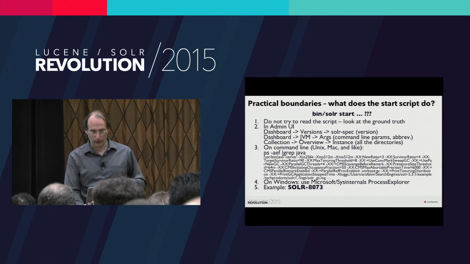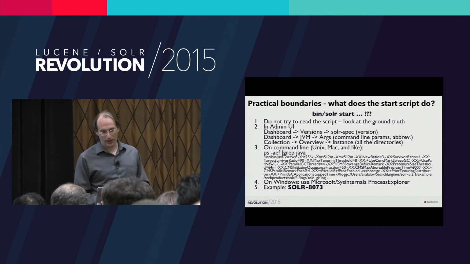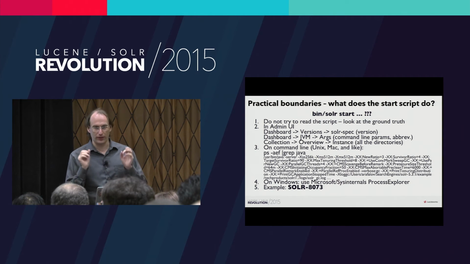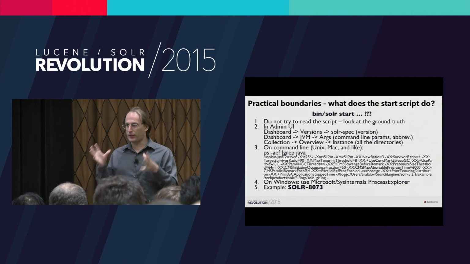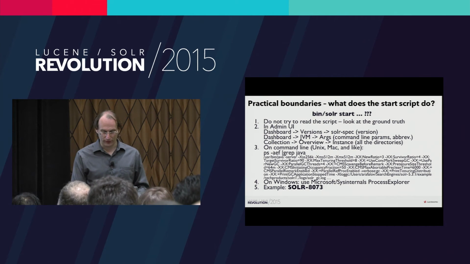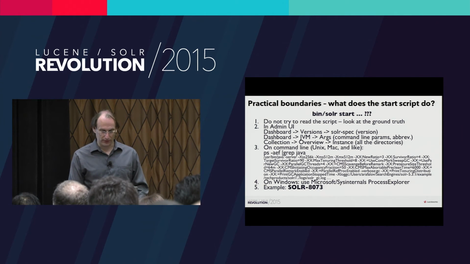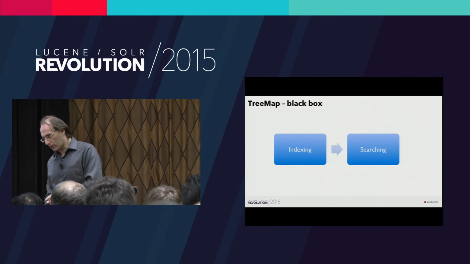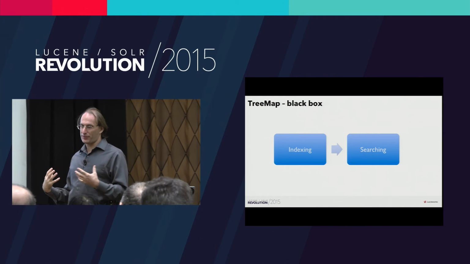So let's have a look at a couple of examples. I'm not going to be able to dig into really every possible way, so I just want to give you a couple of ways to think about the problem. And then the book, when it comes out, will cover more, and there are other resources I want to point to. Okay. So the way Solr works on a really, really high level is basically we index something,